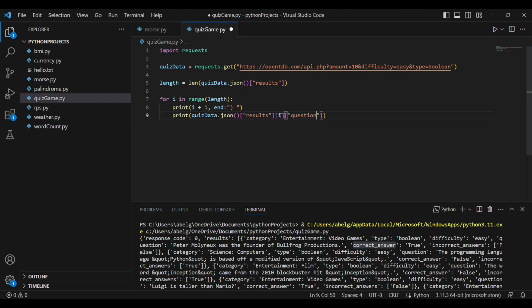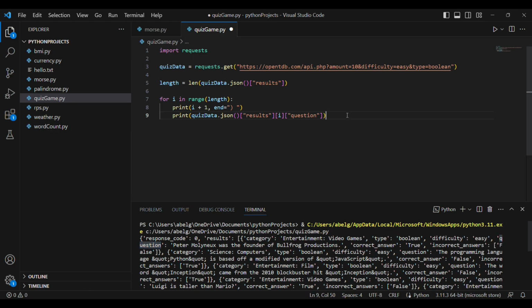We can look at the JSON that we printed before. First it's going to go to the JSON, then it's going to go to the results keyword. Here is the results keyword, and the results keyword has a list. In this list, there's a dictionary. Once we are in the list, we're going to access the ith element. Each dictionary is one question, so the ith element is going to be different questions. Then inside the dictionary, we're going to access the question key, which contains the actual question.